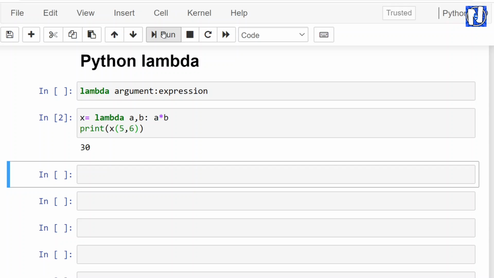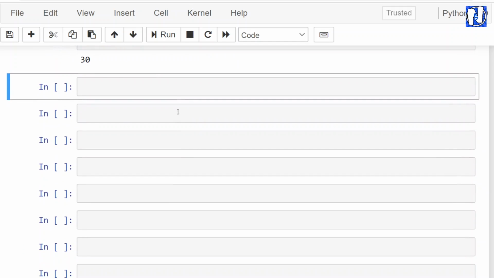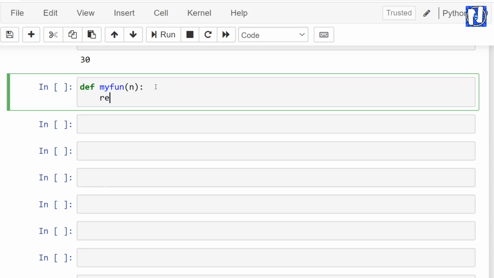Why do we use a lambda function? The power of the lambda function is shown when you use it as an anonymous function inside another function. So now we will define a function and we will use the lambda function inside that function. Let's see how. It's an example of multiplication. We define a function, my function, and we pass an argument that is n, and